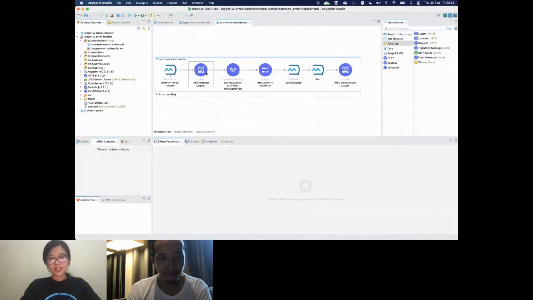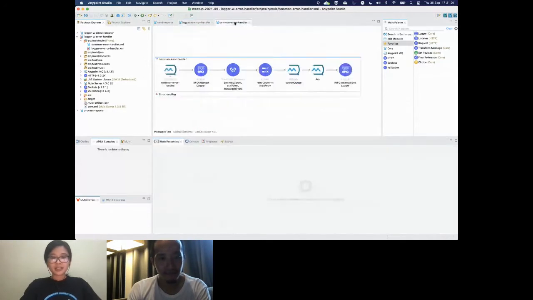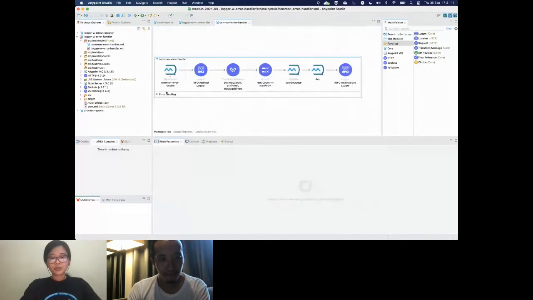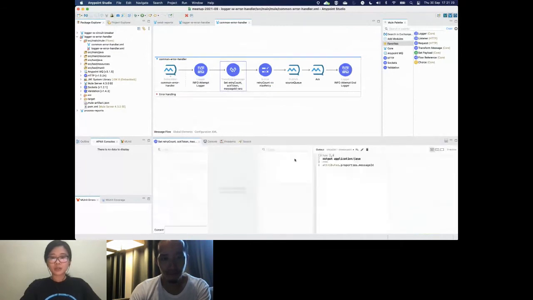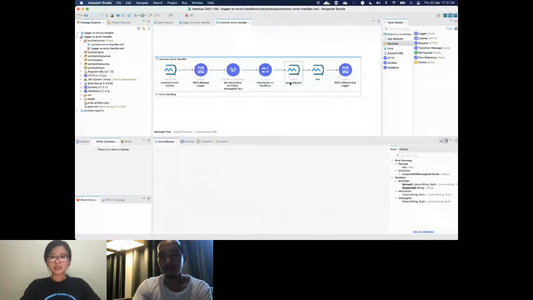You might wonder why we are using a separate MQ and why not just reroute it again here. Well, we call it a common error handler in case you have other applications that may follow the same design or flow. All of those applications can leverage this common error handler as there are no hard-coded values here. It's just extracting the retry counts and max attempts per message. If it's still within the prescribed max attempt, then it goes back to the original source queue. If this condition is not met anymore, then it should go to the DLQ.